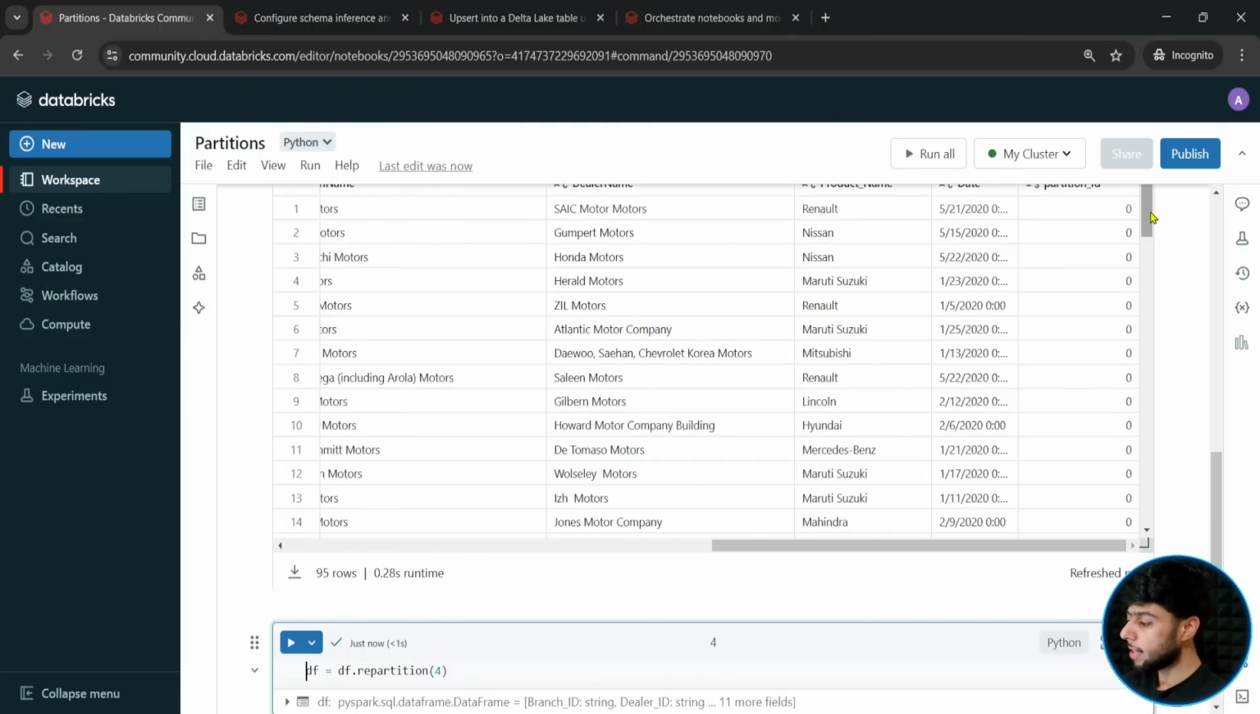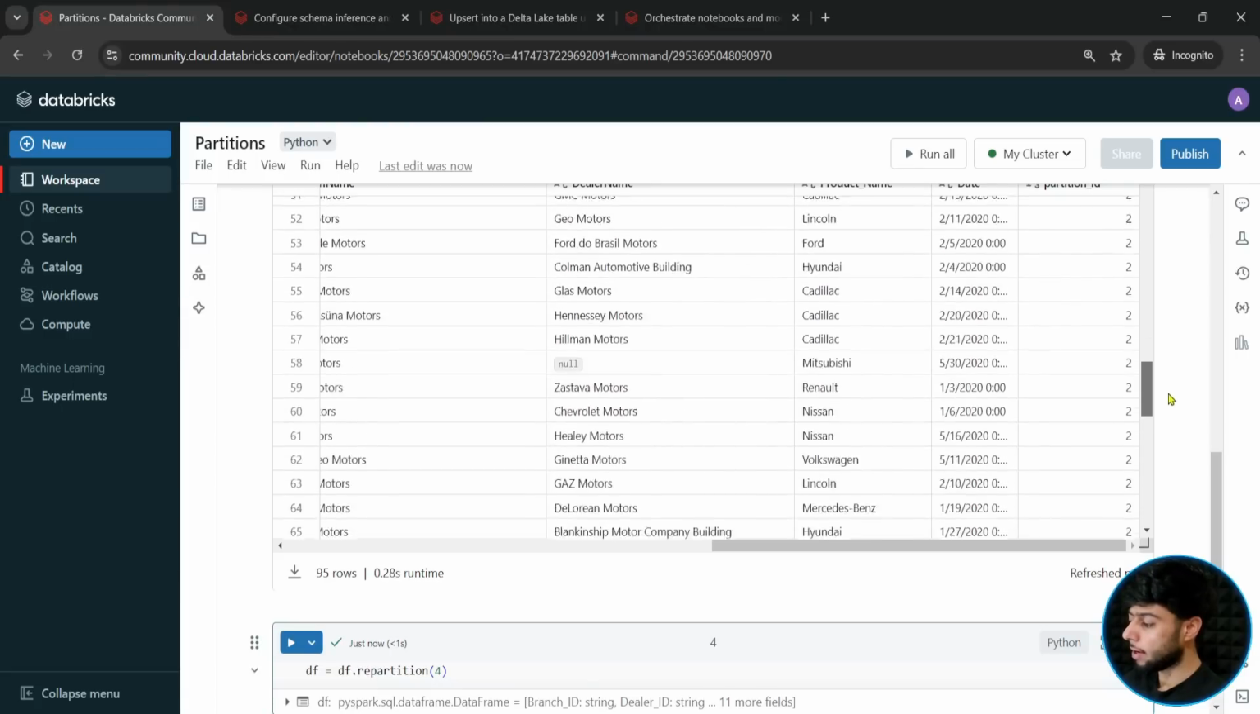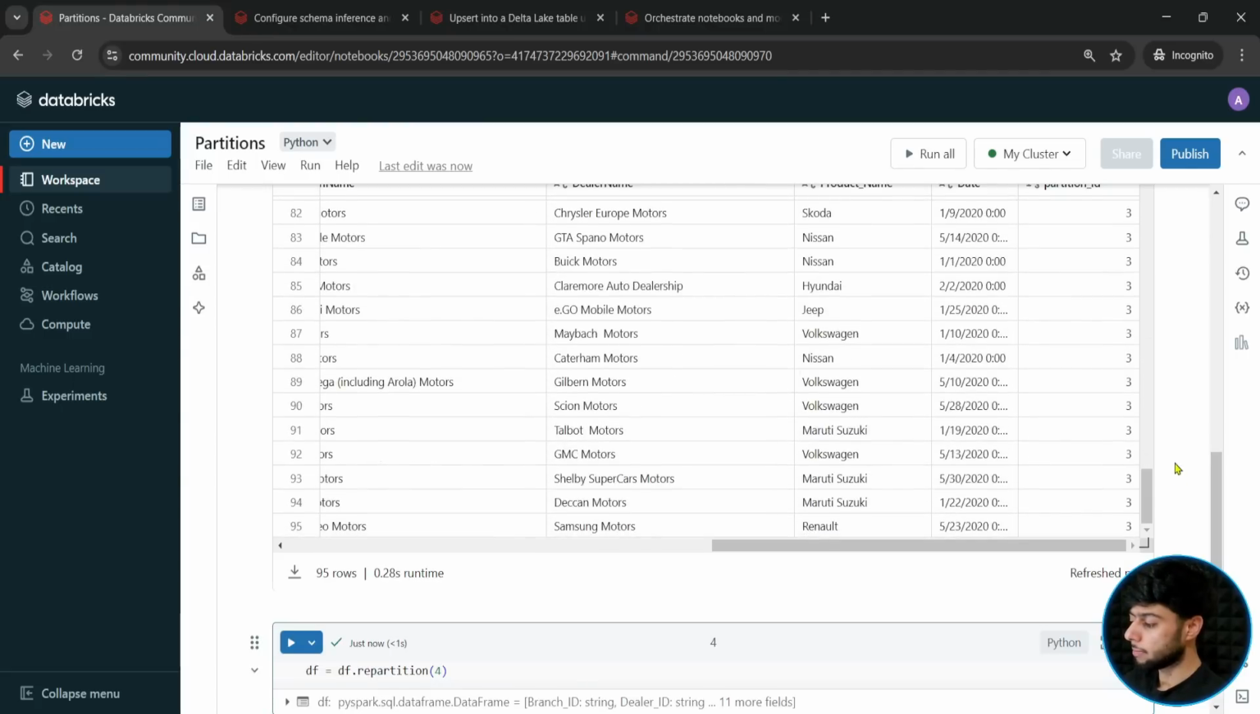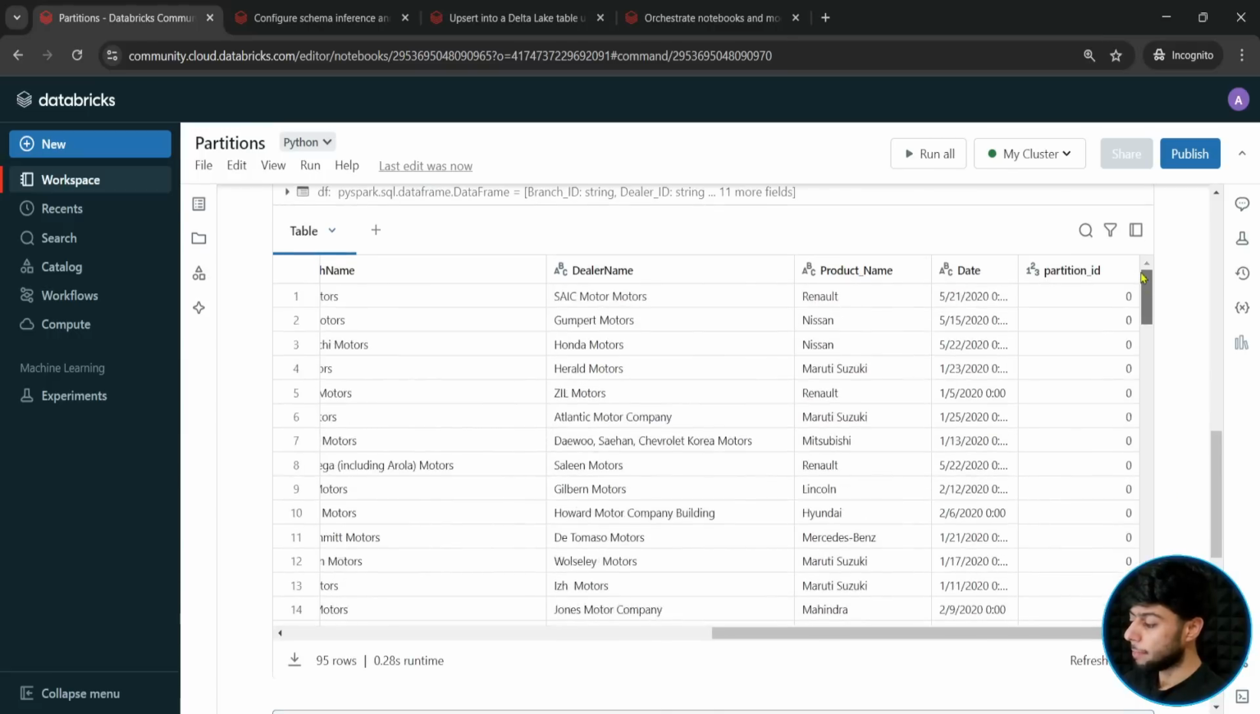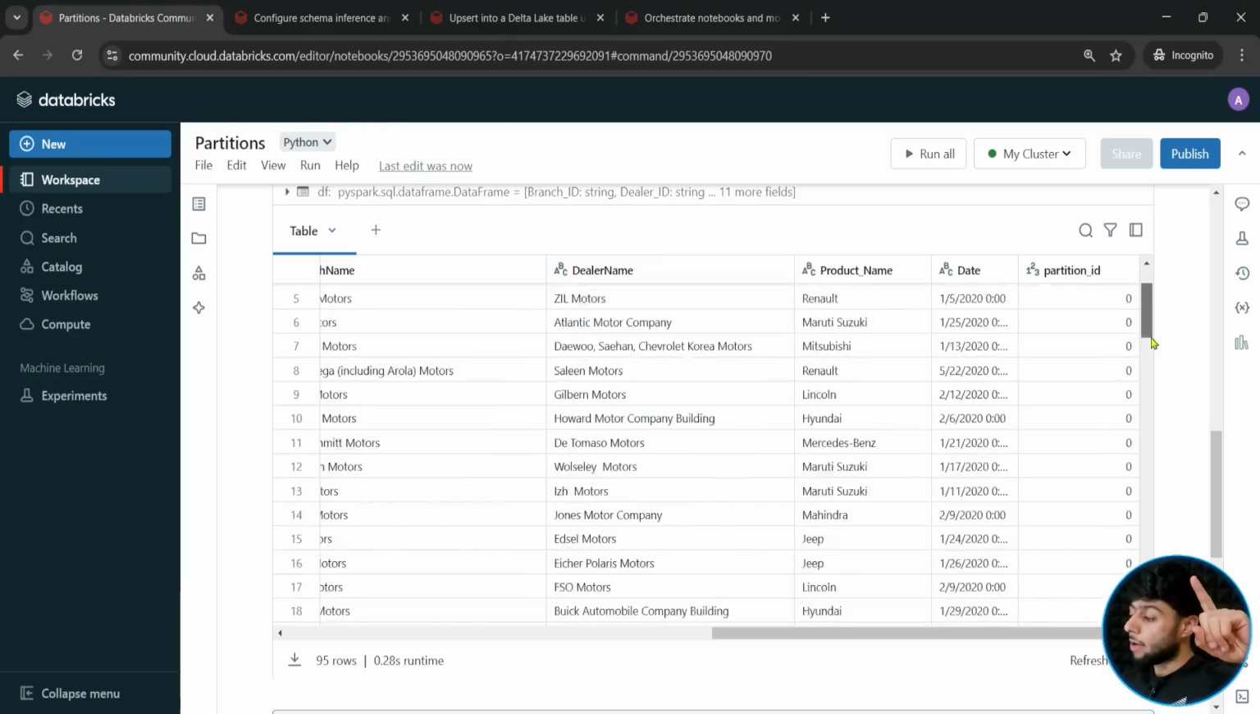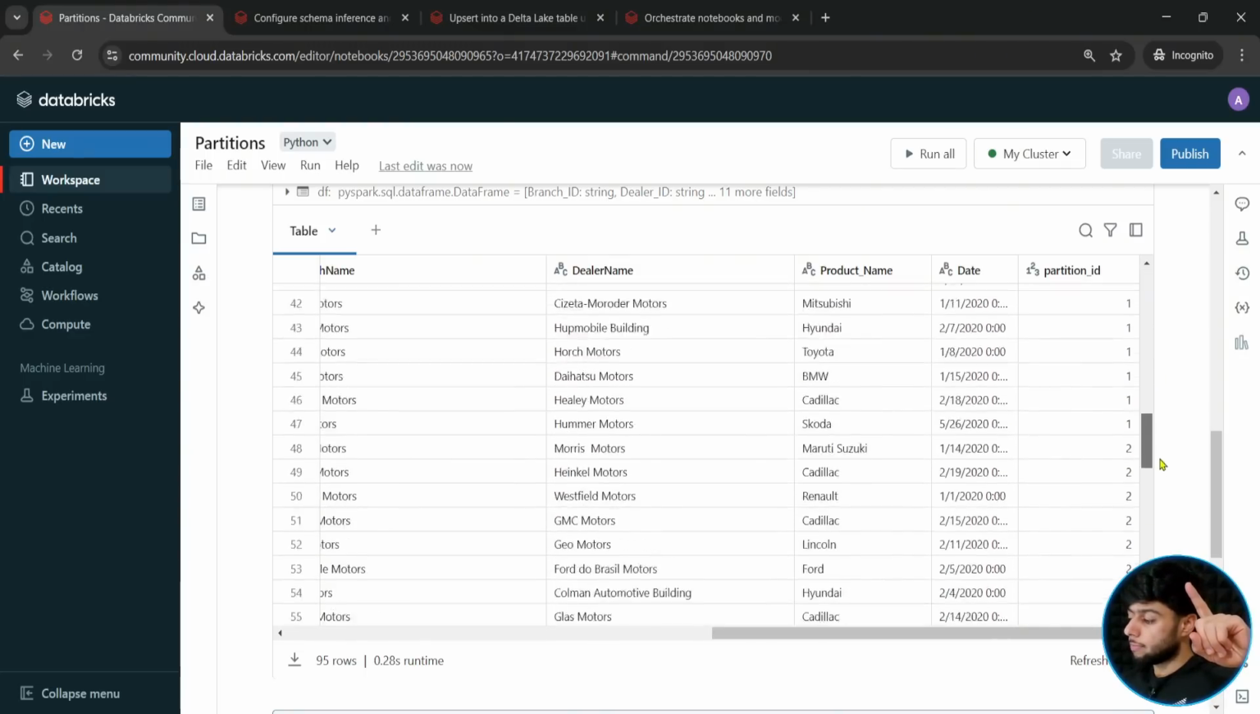You will see that your data now has values 0, 1, 2, 3. That means this data frame, which was converted into only one partition, now has 4 partitions. Wow,